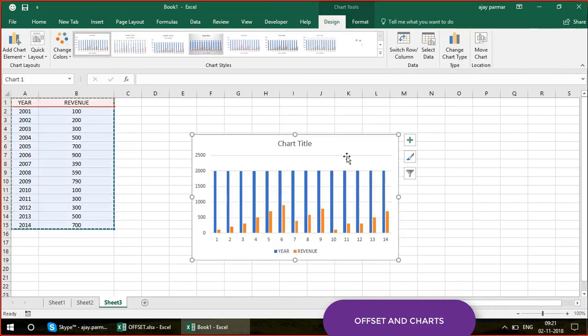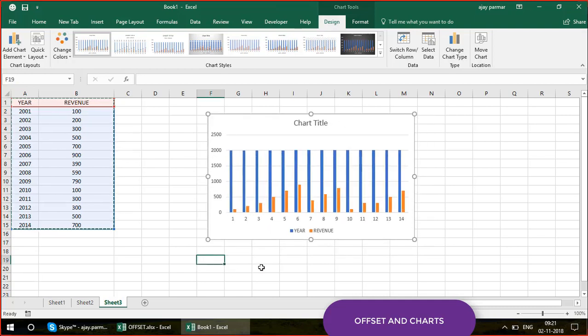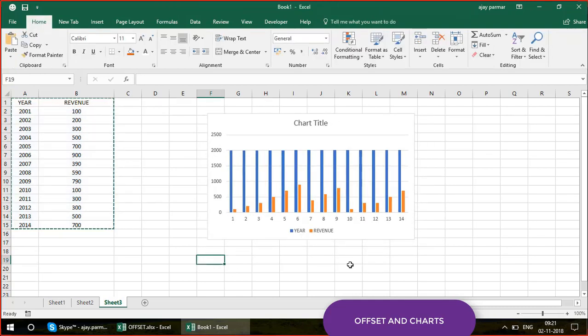Okay, now I created the chart. Now you see that, guys, it has a problem, and I think the problem is quite visible. It does not show the years. Why? This is not giving us any meaningful detail about the chart, isn't it? Actually, what happened,